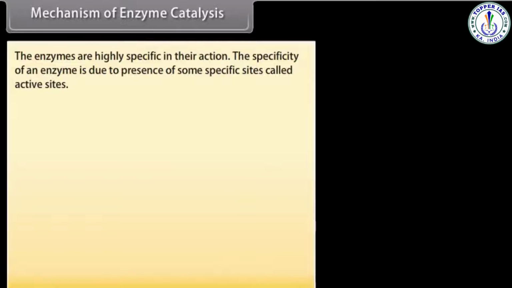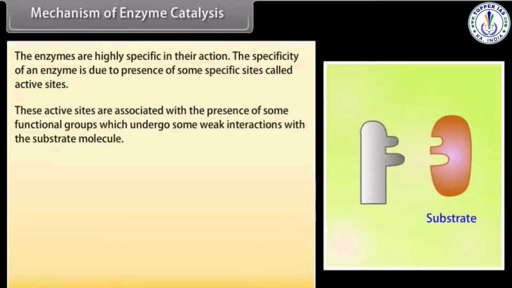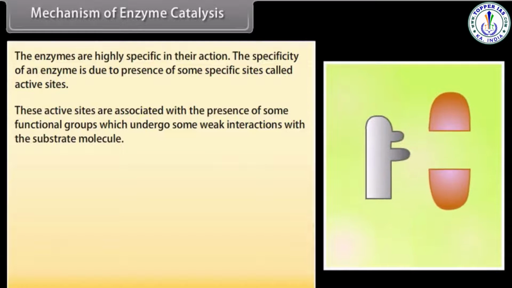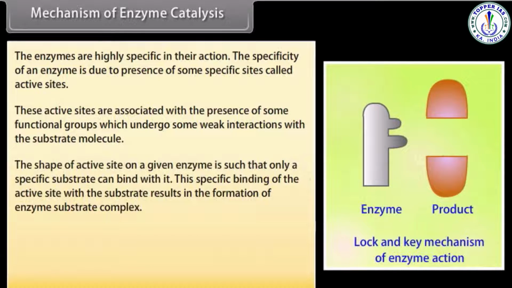Mechanism of enzyme catalysis. The enzymes are highly specific in their action. The specificity of an enzyme is due to presence of some specific sites called active sites. These active sites are associated with the presence of some functional groups which undergo some weak interactions with the substrate molecule. The shape of the active site on a given enzyme is such that only a specific substrate can bind with